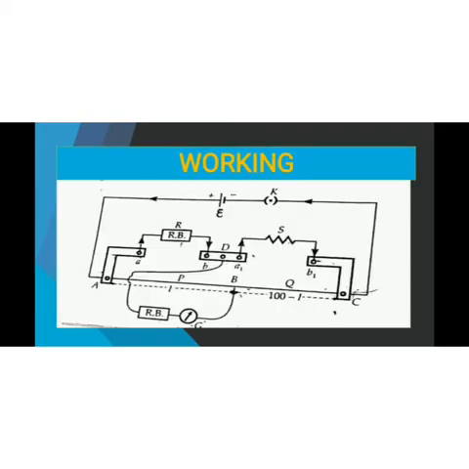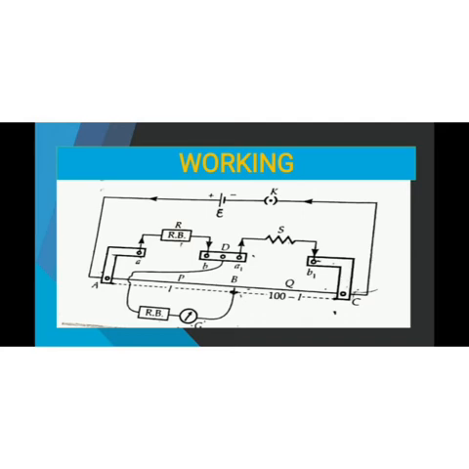Let's start the working of meter bridge. With the help of meter bridge, we'll measure unknown resistance S. Let's take out the key of resistance box, and this value will be equal to resistance R. For getting the value of P and Q, we'll move the jockey on the slide wire. With the help of galvanometer and jockey, we'll find the point on the wire where galvanometer shows zero deflection. Suppose B is the point where galvanometer shows zero deflection.